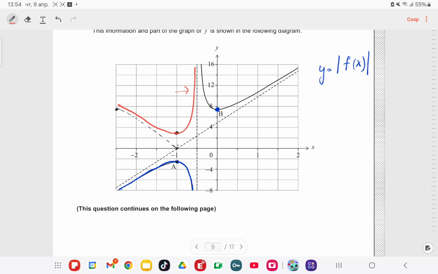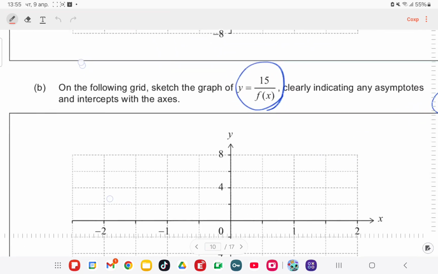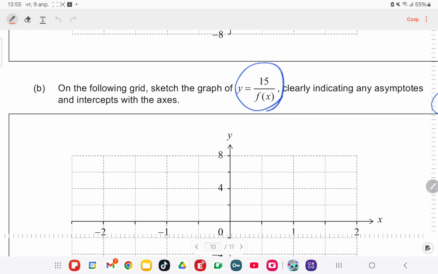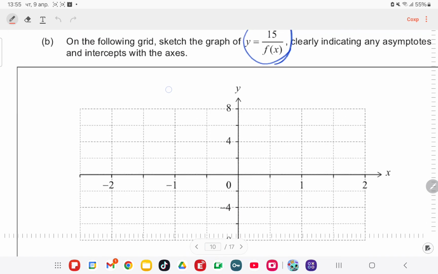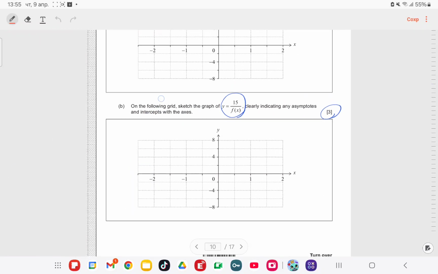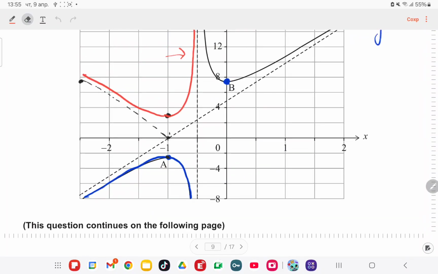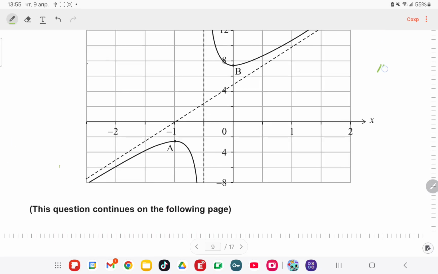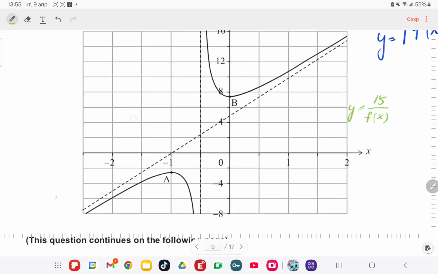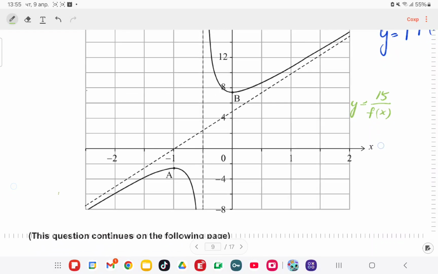Now the next question is to sketch the graph of 15 over f of x. Okay, now let's do that. How can we do it? I will use the same graph again. What can I do? First, I should use the knowledge that for 15 over f of x, I will sketch first the graph of 1 over f of x. I will use green color. So this one first. Vertical asymptotes become